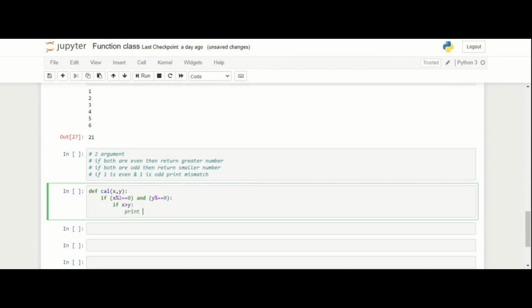So print the greater number is x, right?